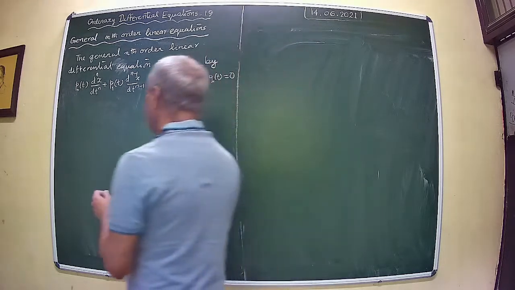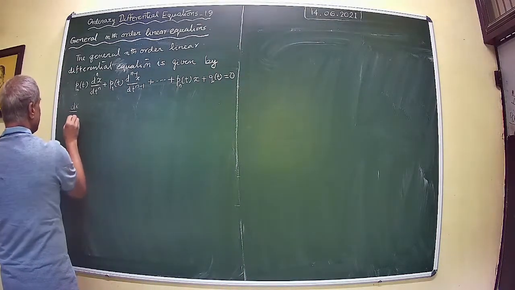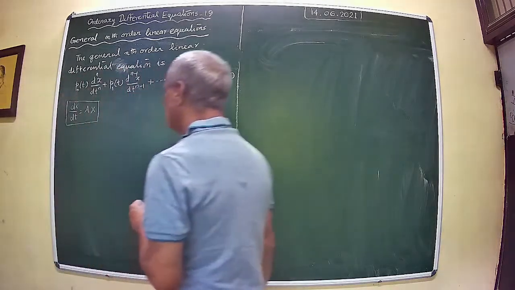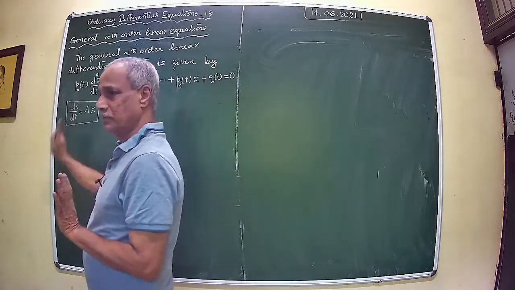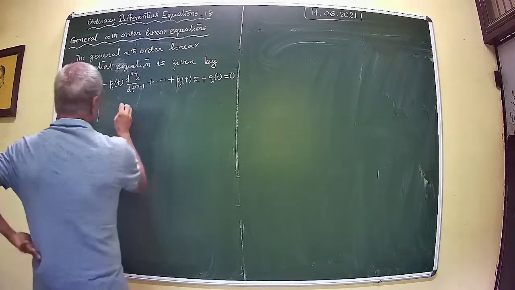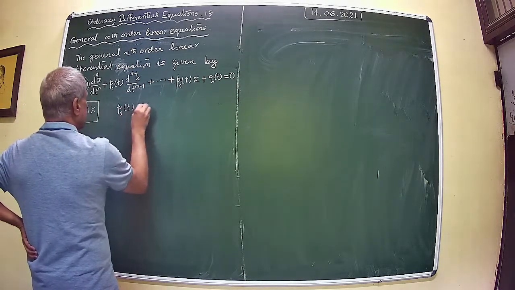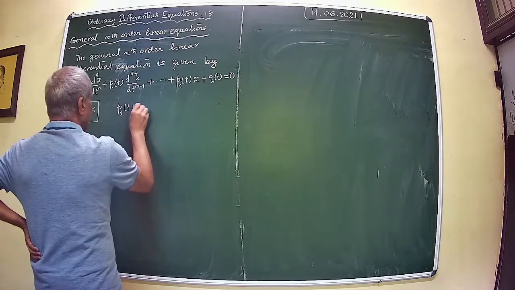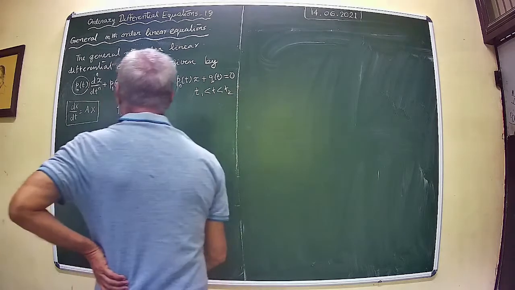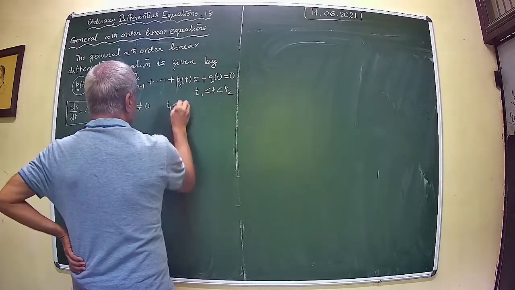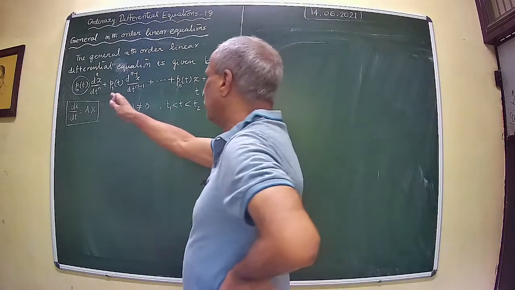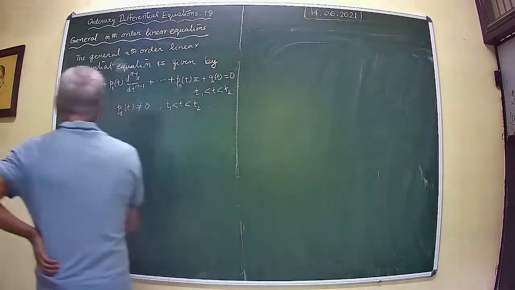Now, we have developed a theory for this system. Recall, this is the system that we have used, and the leading coefficient here is 1. So I make an assumption here that P naught(t) is not equal to 0 for t1 less than t. Then I can divide this by P naught and rewrite the whole equation in the form